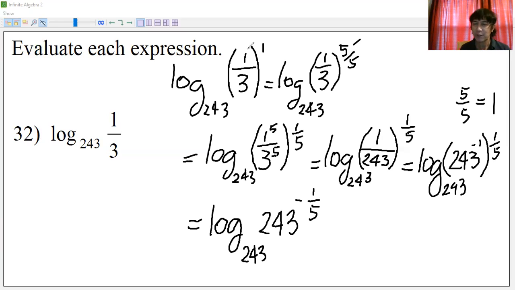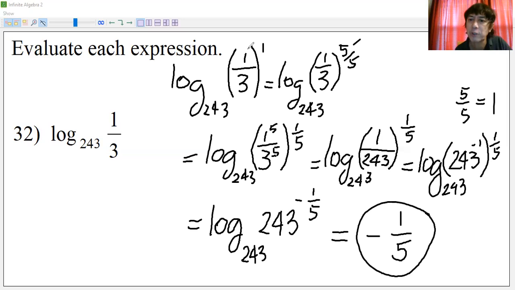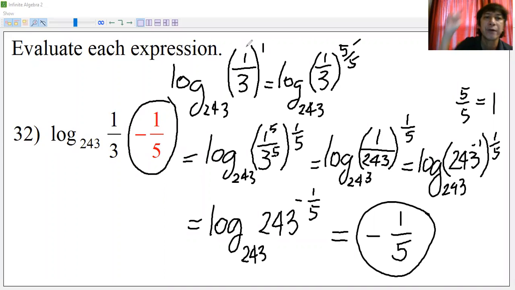And so our answer is -1 over 5. There, that should be our answer. And so we shall verify it. Okay, let's see if it's 1 over 5. Is it 1 over 5? Negative. There, it's -1 over 5. Okay, so we shall encircle the answer. It's a -1 over 5. All right, that goes to our number 32. And try to learn the transformation from the given up to our final answer. So it involves some algebra, okay, review of law of exponents.